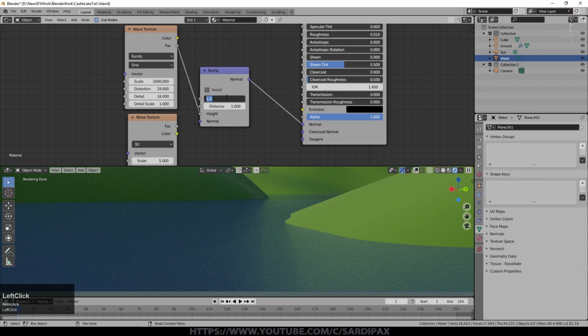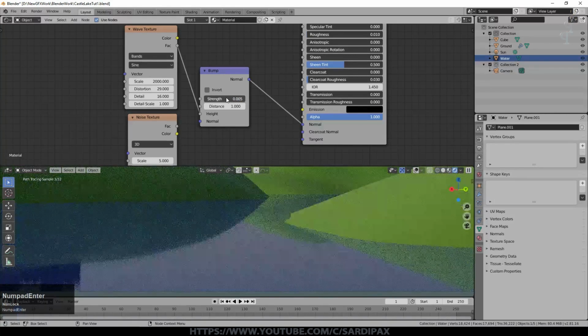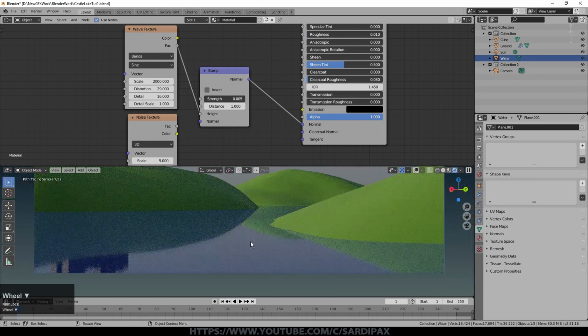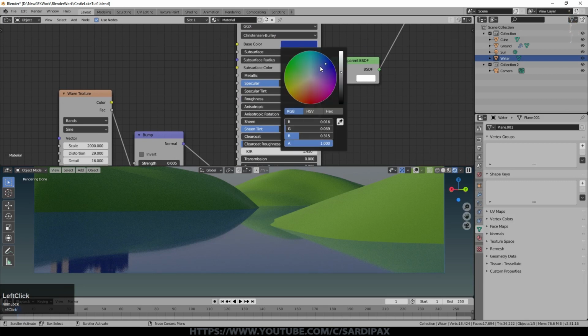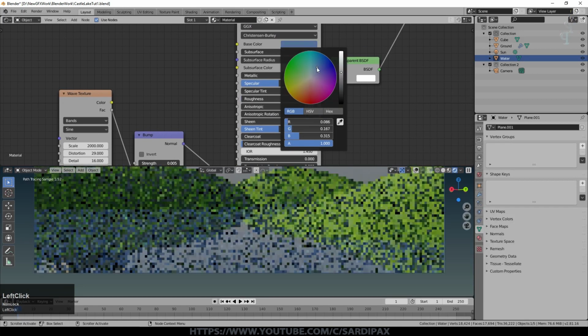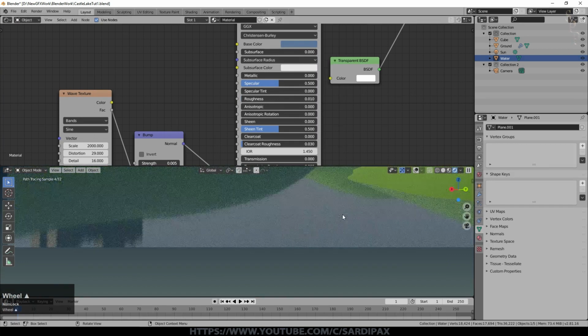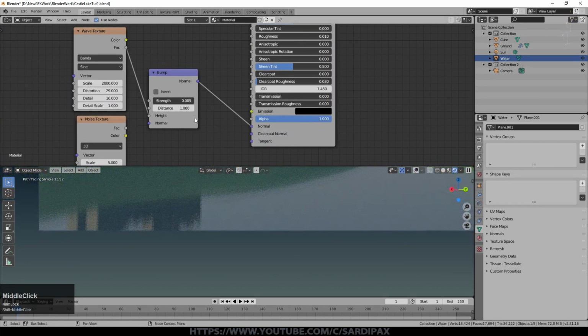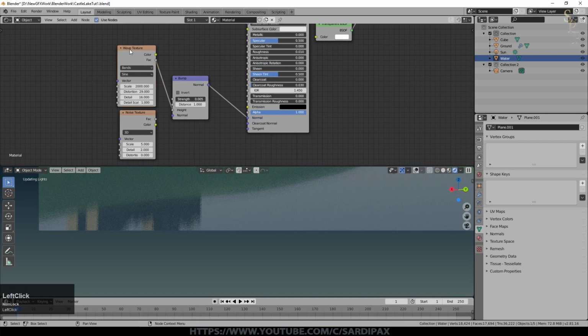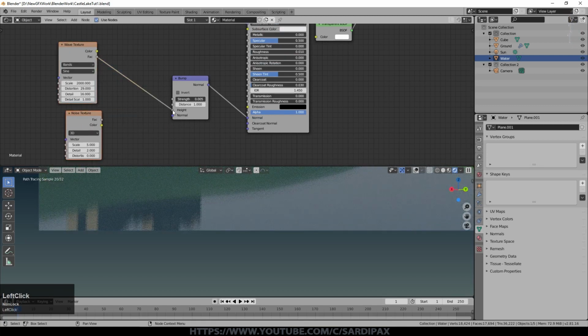And we'll turn the strength right down. I've got that down at 0.005 at the moment. You can see we've now got some reflections back, plus we've got something going on in the surface. Now at this point, I think we can take the saturation of that colour down a little bit. It's a little strong. So that's okay. I quite like the sort of painterly effect there, but I wanted to put just some extra effects in there. So let's just take that off now and put our noise in.